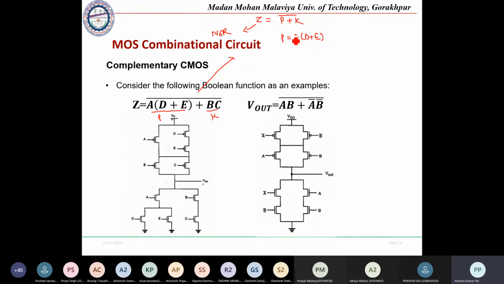we can break it further, or suppose we are going to break this one only, so we can see P into... okay, so to implement, what we will be doing is we will be considering the output, taking the bar on both sides. Okay, suppose we are taking bar on both sides. So it will be coming out to be P plus K. Okay, so this will be the implementation, because whatever implementation we will be doing, the output will always be in the form of complemented. Okay, whatever output will be there, that will be a complementary output.